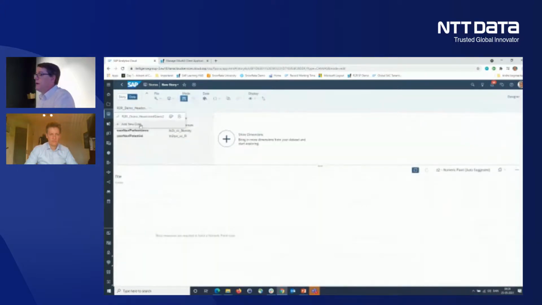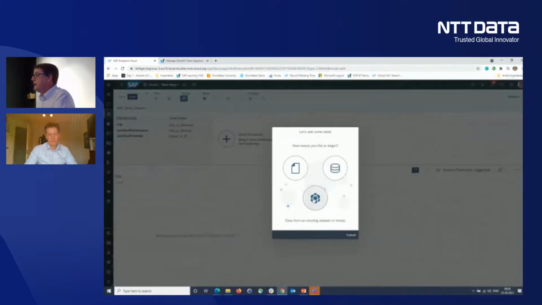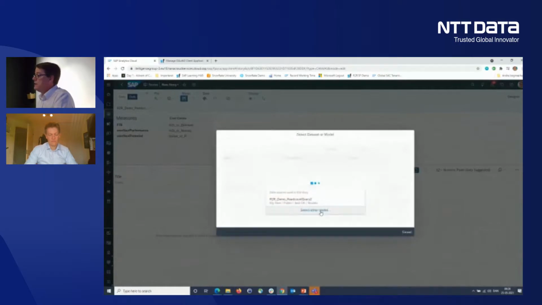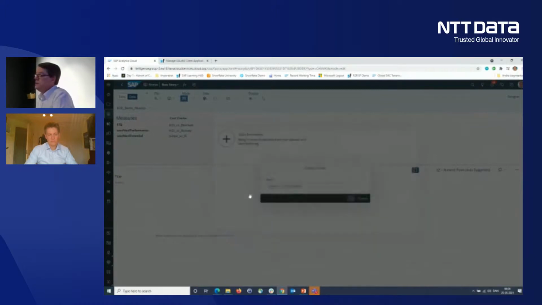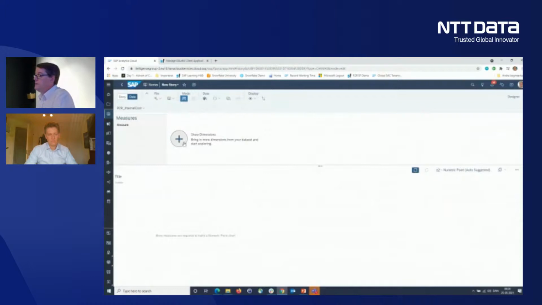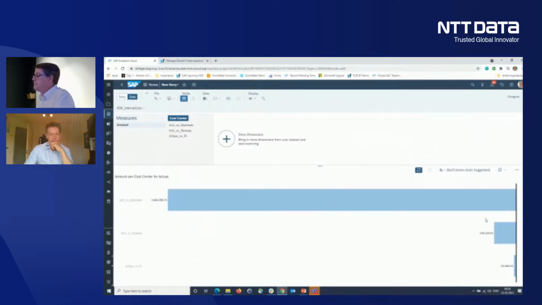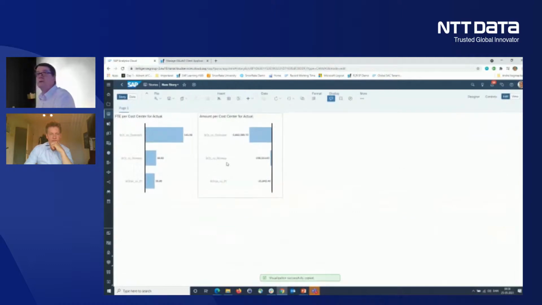and I scroll down here, I can now add another data set from another model I have, like Simon mentioned. So if I click in here, again, I can find some other data. In this case, we have some kind of internal cost data that typically would come from our HANA system. So in here, I have some data. And again, I have the amount on cost center. I can briefly see in my data explorer how this is going to break down on my data. I could then look at the data, see here we have the breakdown per cost center. I can then easily add this to my story we have here, but you can see as cost is a